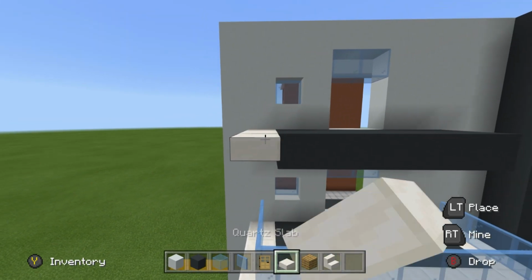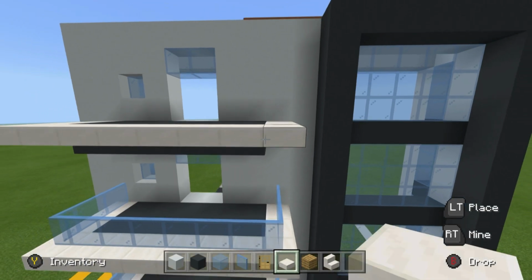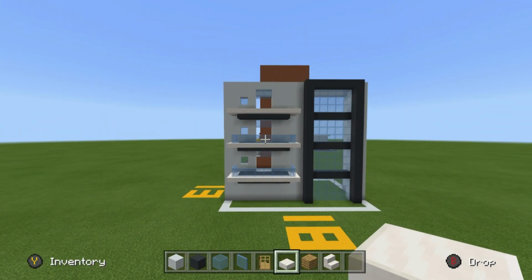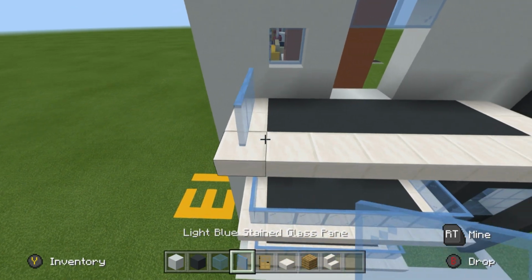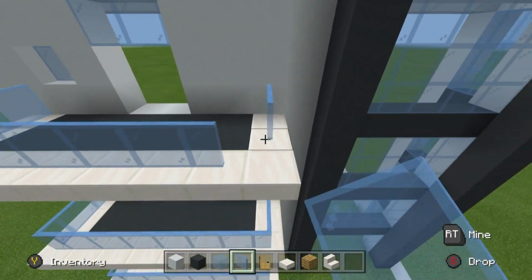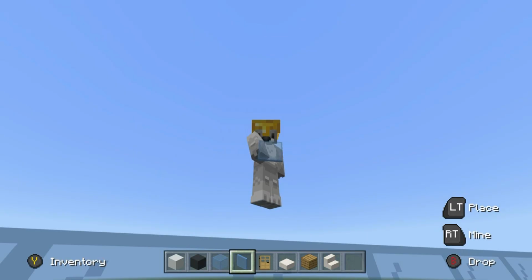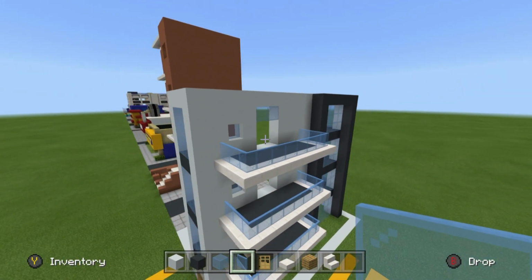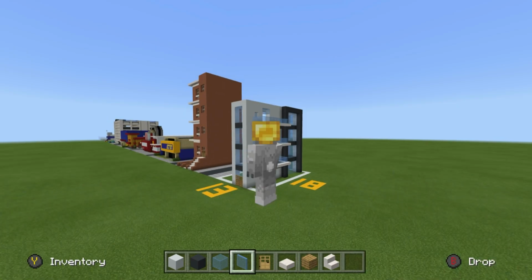I'll probably reach a decision by the end of the tutorial. I'm kind of trending towards disliking it because it kind of connects all the balconies together. I don't know yet, but we want to, of course, also place the light blue glass paint around the balconies, and then you can put something tasteful on the balcony, like a plant. Now that we have done that, we have completed a good side of our house / apartment complex. I guess that they are houses inside the apartment, so